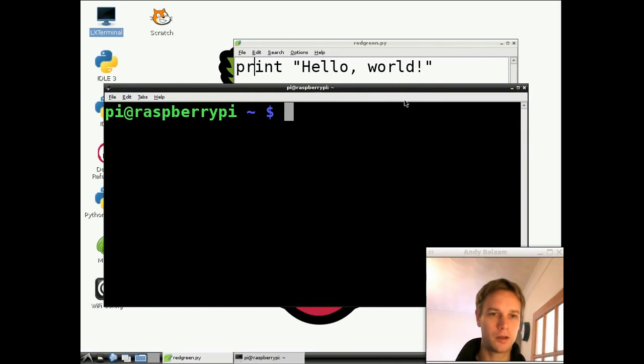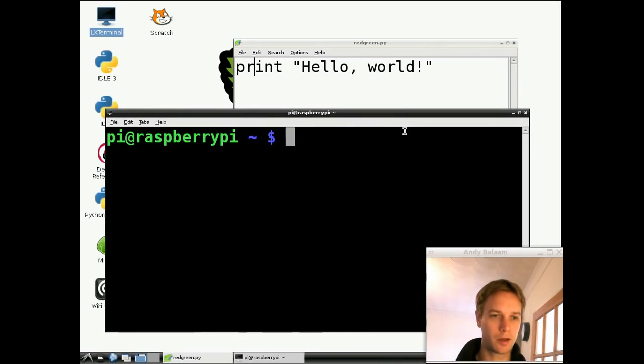Now a terminal is a program which runs other programs. So this terminal is the program we're going to use to run our program. And the way we run our program, the way you run any Python program, or one way, is you type python, which means run the program called Python, which runs Python programs, and then we give the name of our program. We're already in our home directory, so we can just type the name of our program, which is redgreen.py. So what we're saying is, run a Python program, and the name of the Python program I want you to run is redgreen.py. When I press return,